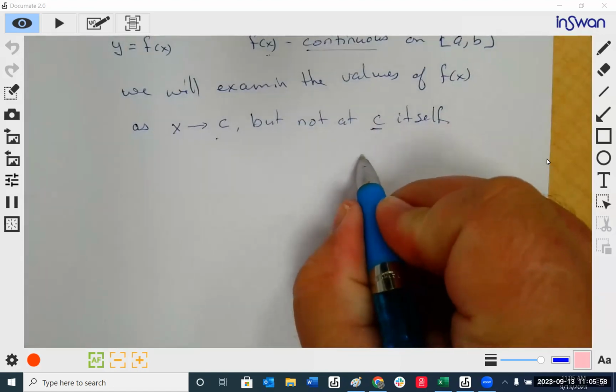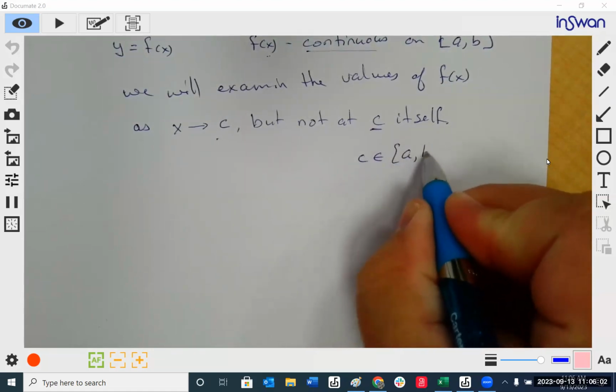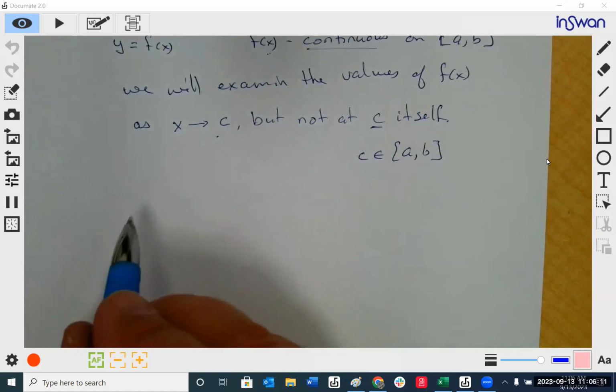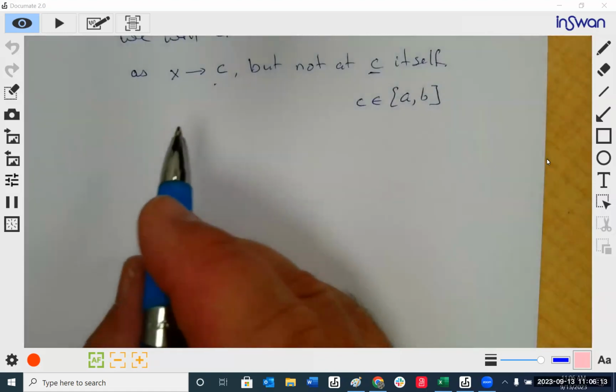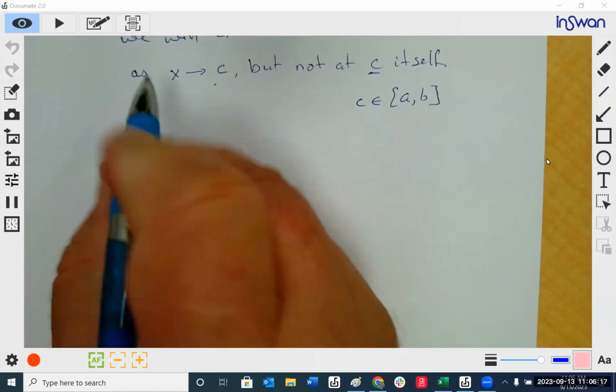C has to be within that domain also. And so what we're looking for is